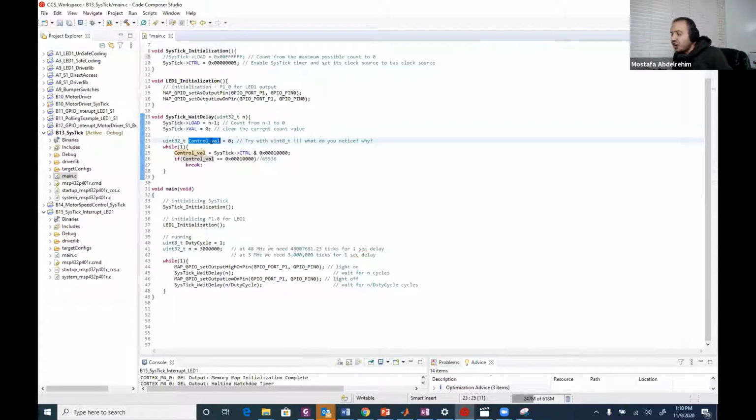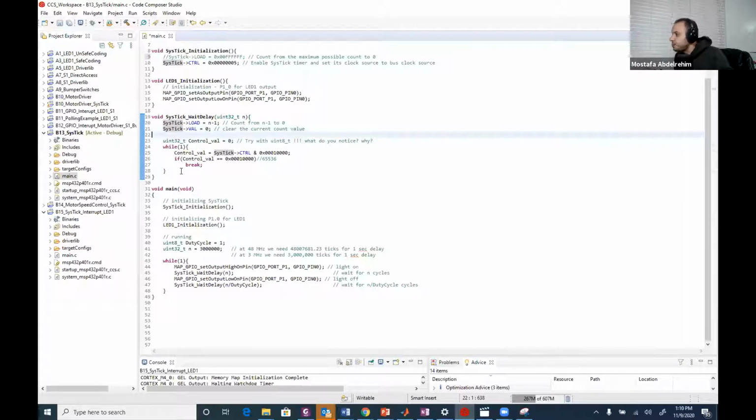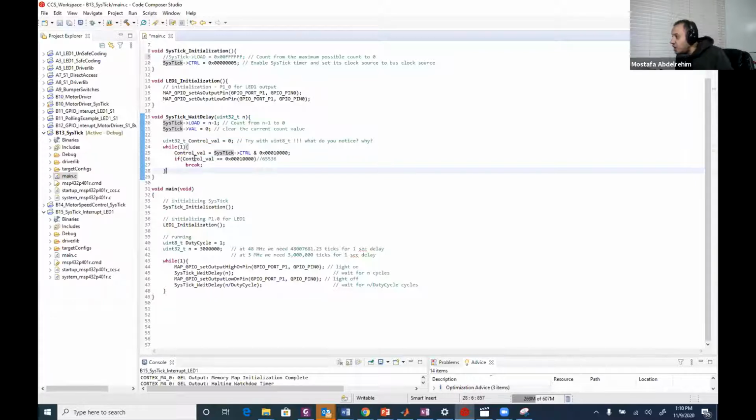Then I'm creating here a variable. In this variable we will read the current value inside the value register. Because again, the value register is the register that reflects, or the timer hardware will put the current count in this register. Then we go to a while loop and check each time the value. So first we store the current